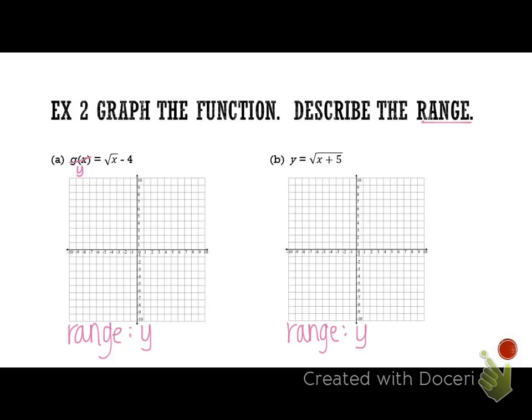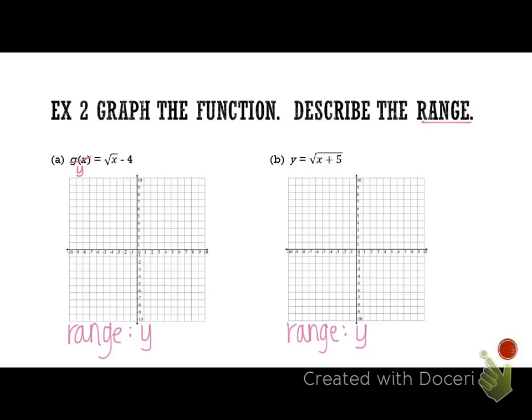So we're going to do the square root, and then of course under that we're going to put an x. Then we're going to hit an arrow so we can get out from underneath the radical before we put the minus 4, because the minus 4 is not under the radical, it is outside of the radical. And then if you move that graph around,